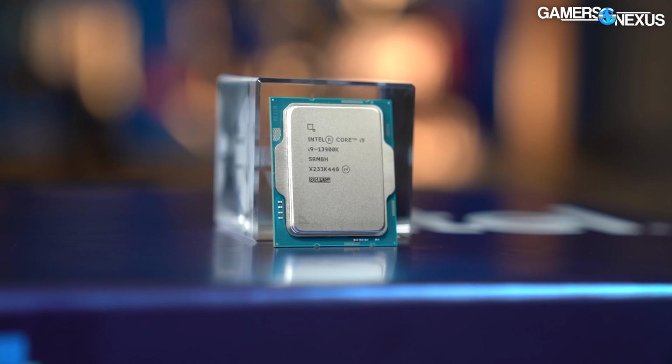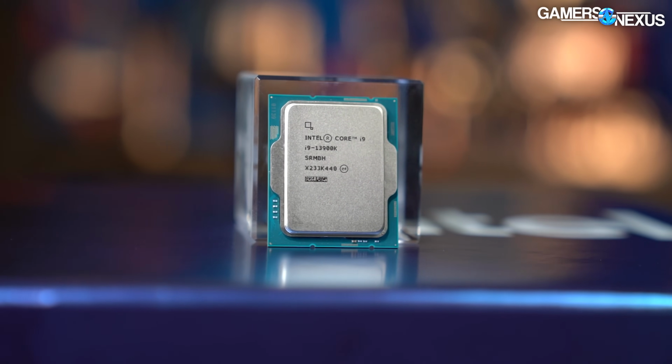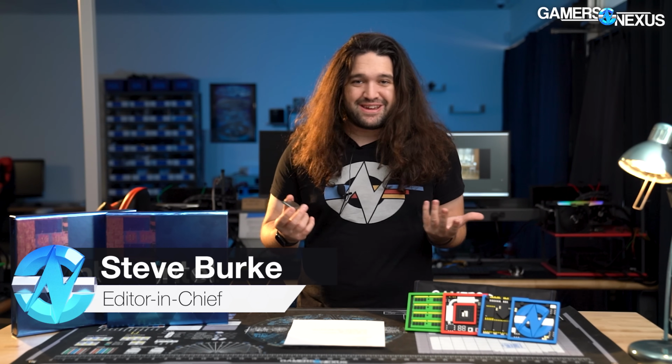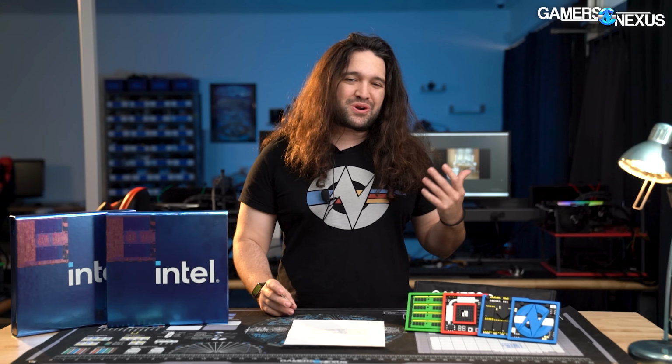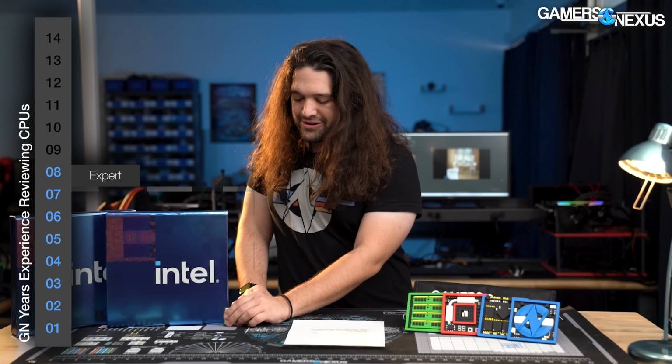About 300 watts is what the 13900K pulls when it's under an all-core workload. Really high. So power numbers have shot up with GPUs and with CPUs alike, and at this point, it just seems like this is what we're committing to as an industry. Now, of course, in gaming, it's not always pulling full power, but for an all-core workload, we can look at it generation to generation and see that, yes, in fact, the 13900K is pulling a lot more power than the